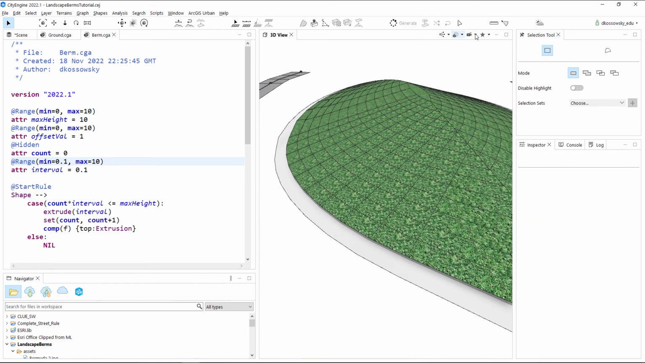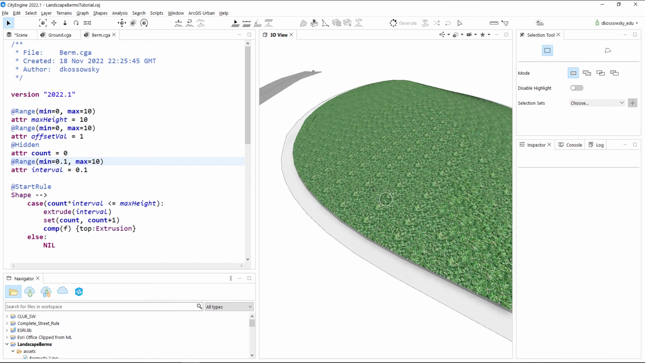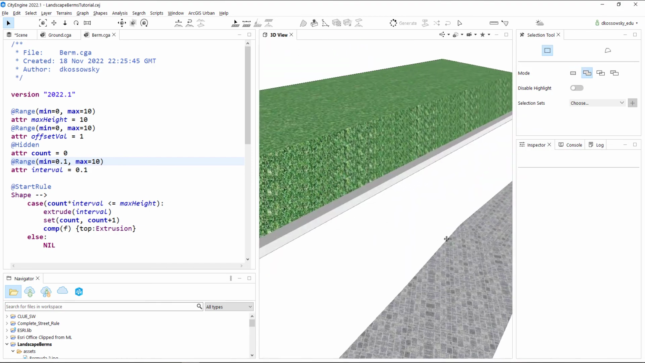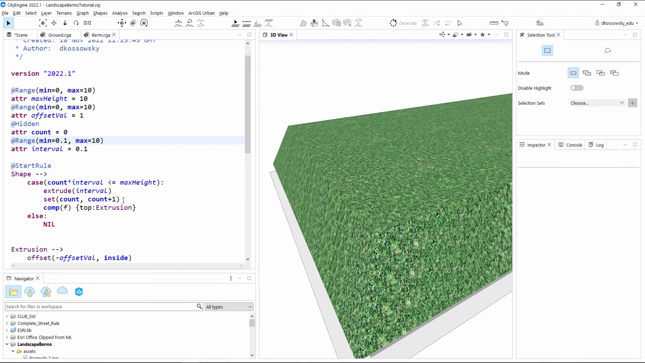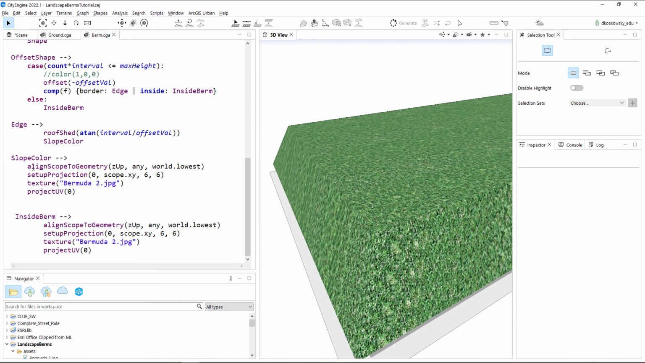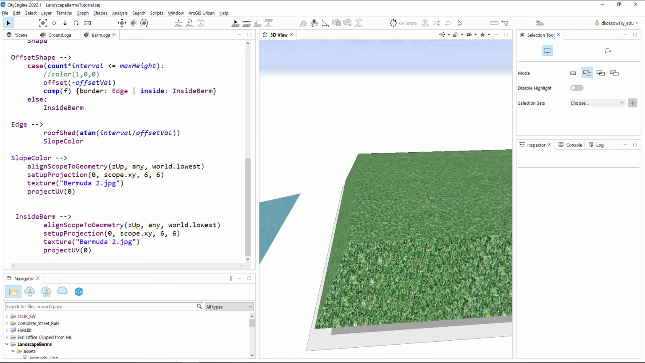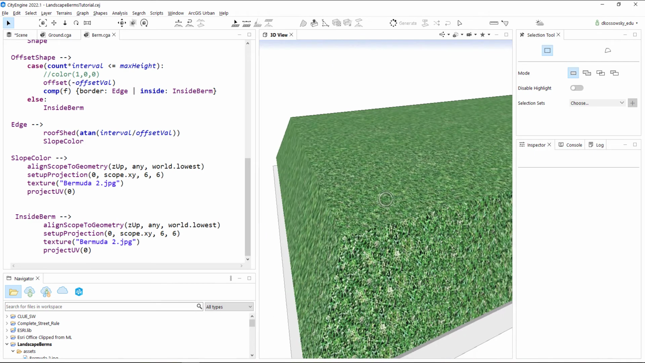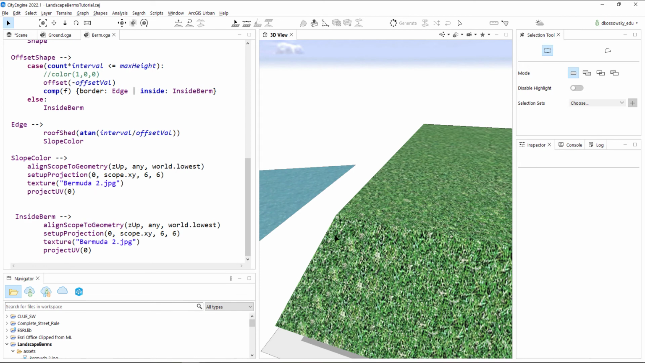So let's turn off the wireframes and see what's going on because it doesn't look like the grass is right. And so the way that we can fix this is by changing the scope, because just like we had to do with the align scope to geometry for the top piece, we have to do the same sort of thing for the sides, and CityEngine doesn't like to apply the texture onto the side angles when it's a sloped angle like this. And so what we rather want to do is instead of assigning the projection to scope.xy, we want to do